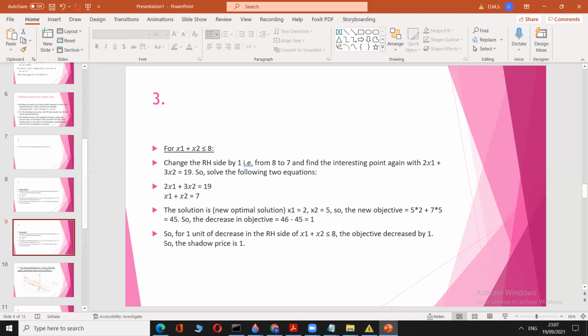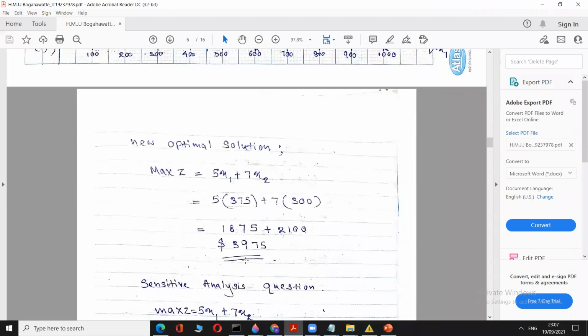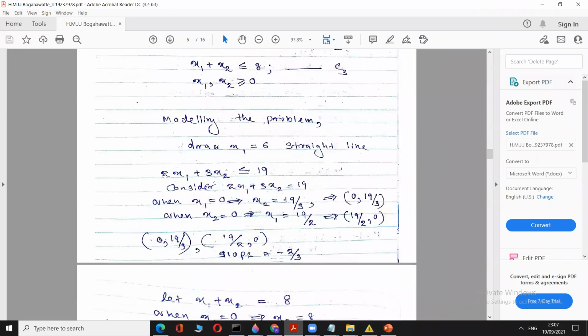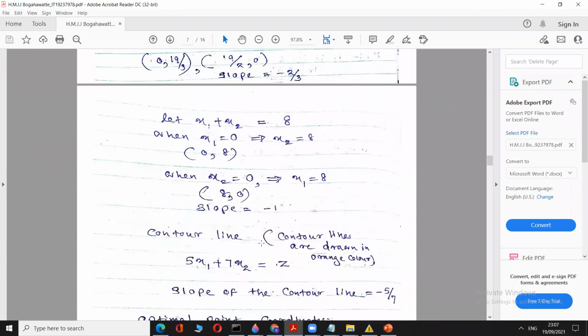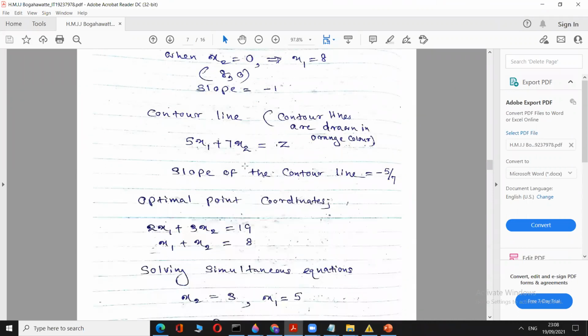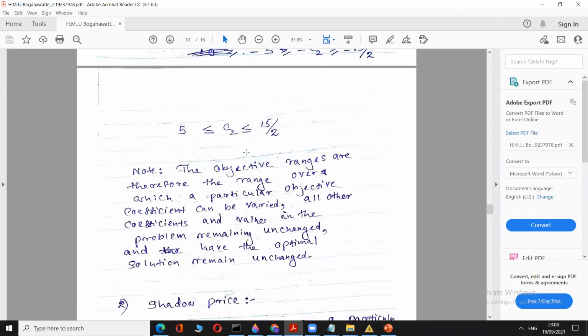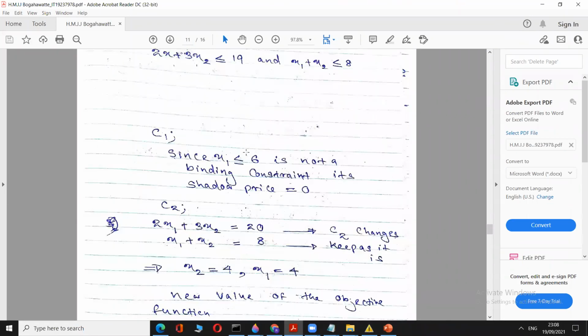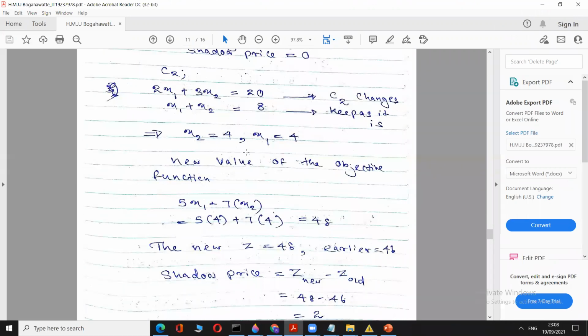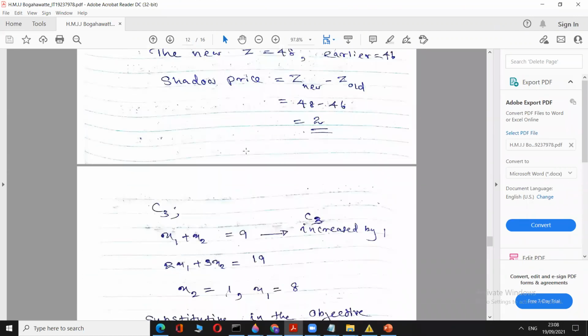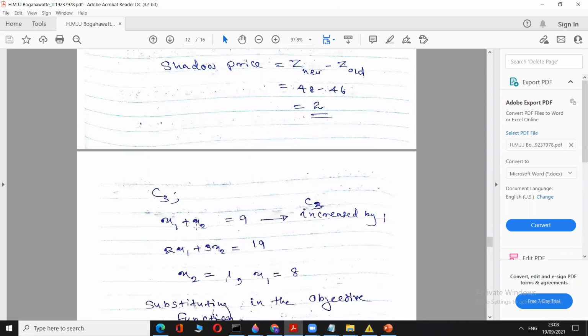I think I have made a mistake. Right, I will show it from here. Now x1 plus x2, you are increasing it by 1. Okay, but